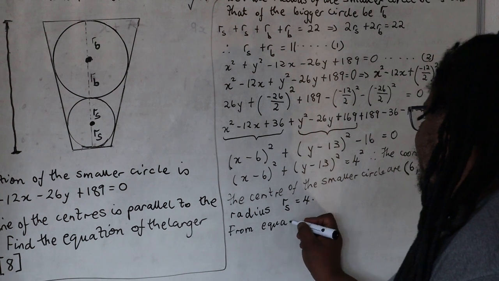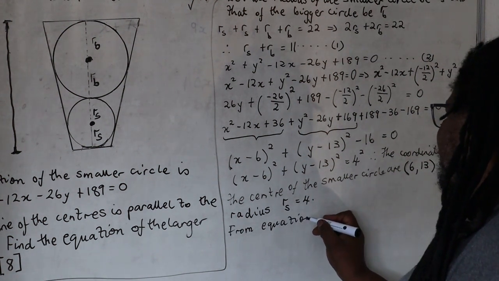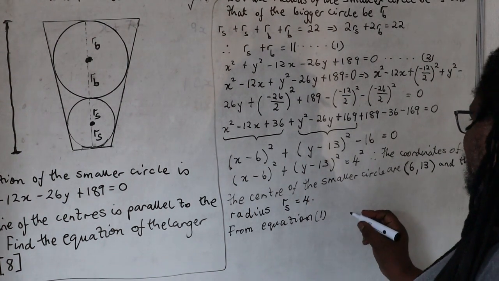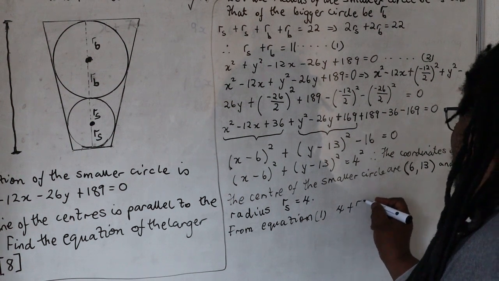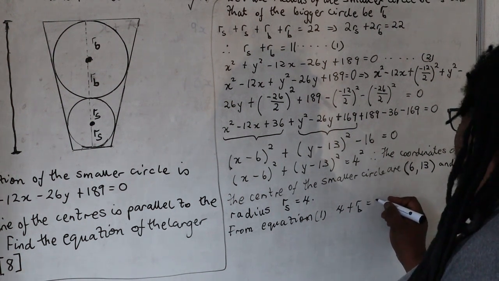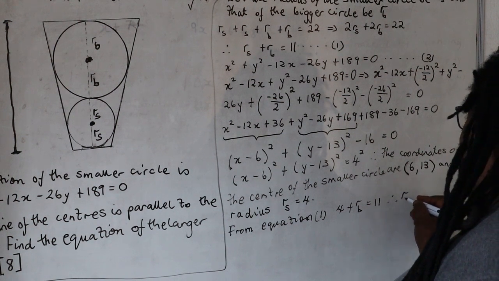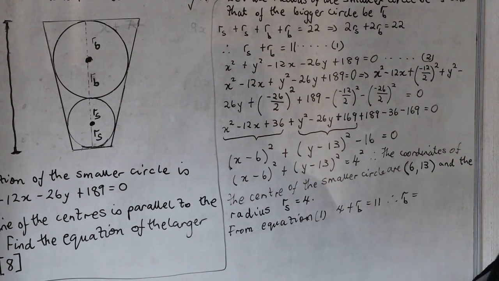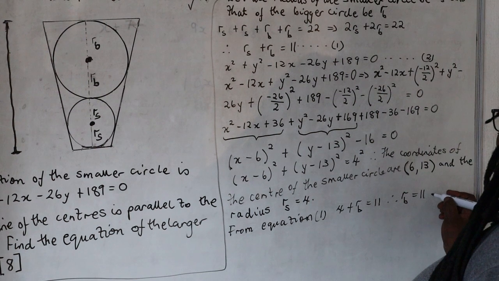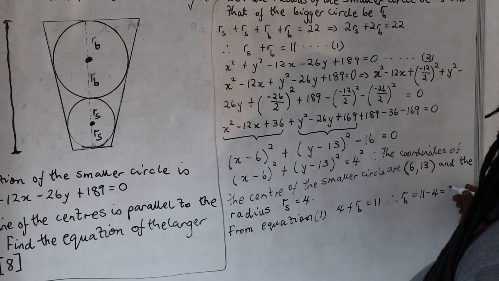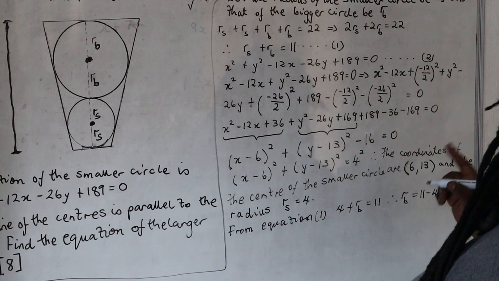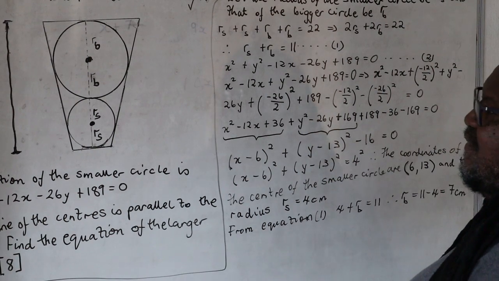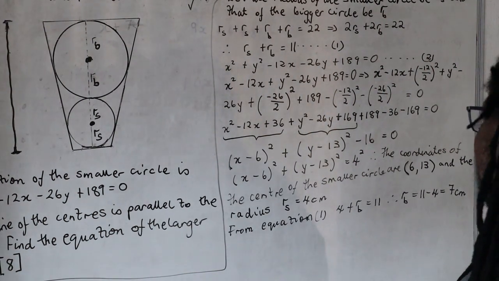From equation 1, we know that RS is equal to 4, so we have got 4 plus RB is equal to 11, and therefore RB, which is the radius of the larger circle, is equal to 11 minus 4, which is equal to 7. And all this, by the way, are centimeters. This is 4 centimeters, as we have been told that is 22 centimeters. And